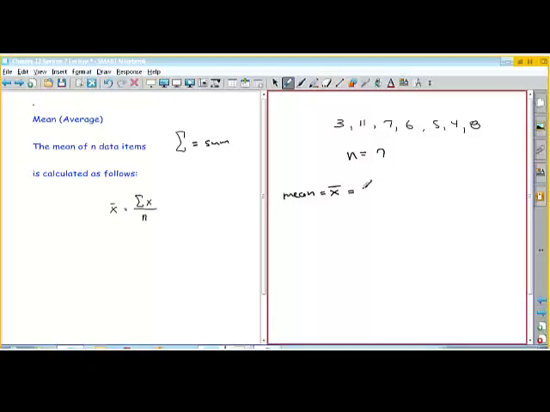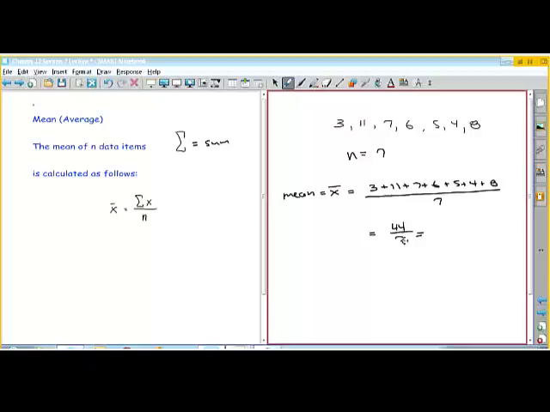which is x bar, that's how we say it, x bar, with this something over top. You would take 3 plus 11 plus 7 plus 6 plus 5 plus 4 plus 8, and then you divide by the number of data points, which is 7. So what do we get here? 14, 21, 27, 32, 36, 44. So I get 44 when you add the numbers in the numerator and you divide by